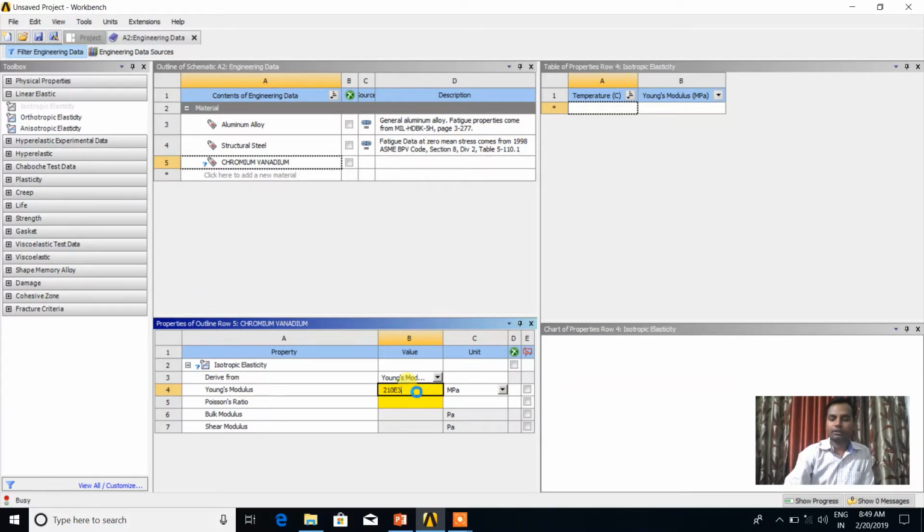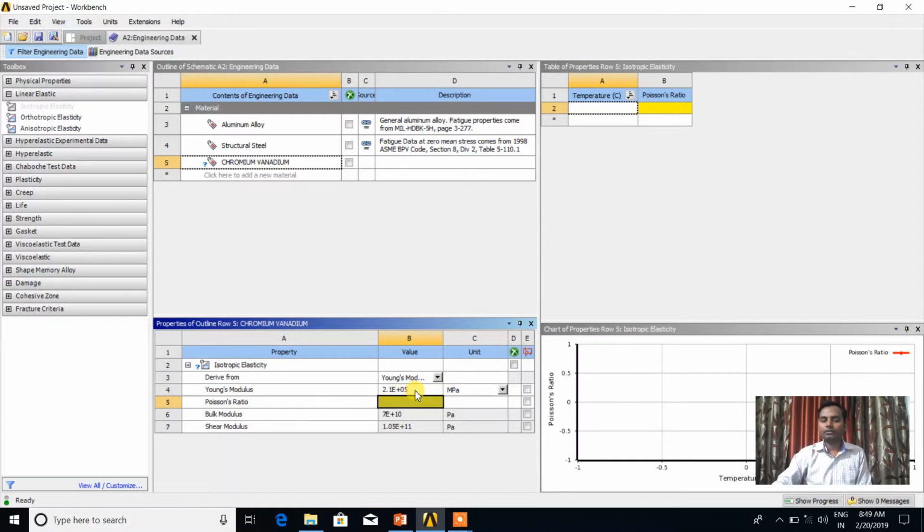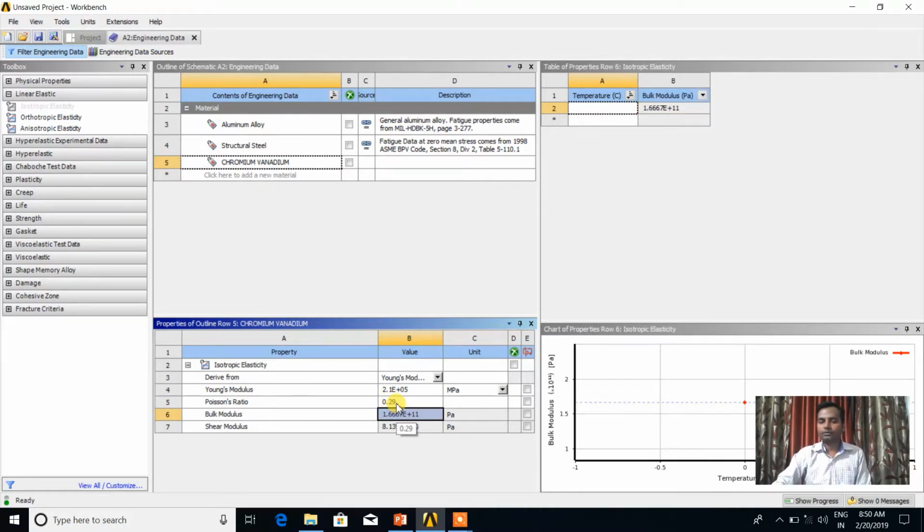Okay, enter here. So once you add that Young's modulus, the bulk modulus and shear modulus are automatically displayed. The Poisson's ratio is 0.29. So this is the material properties added manually.